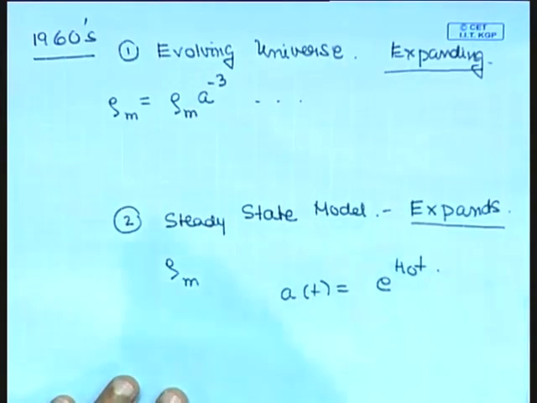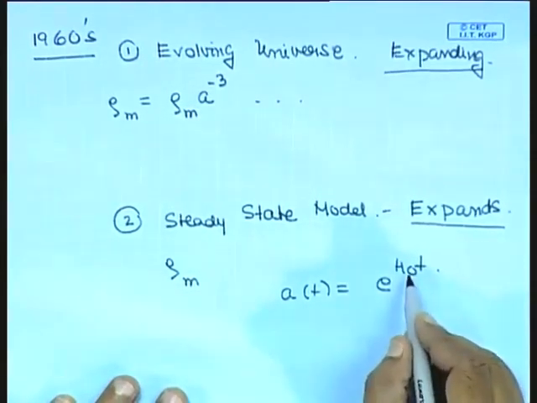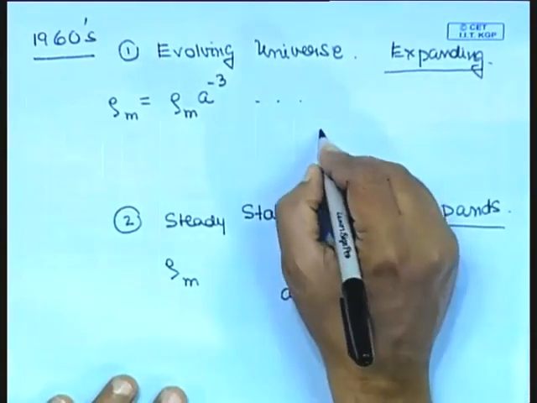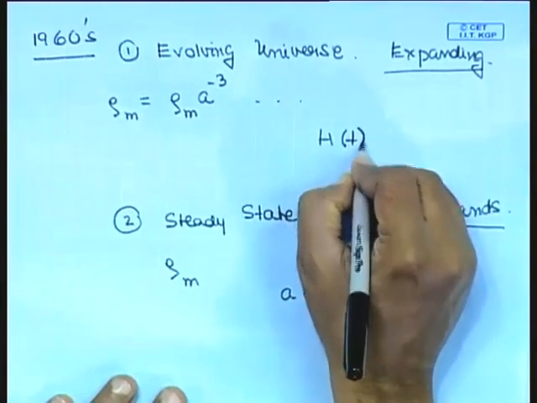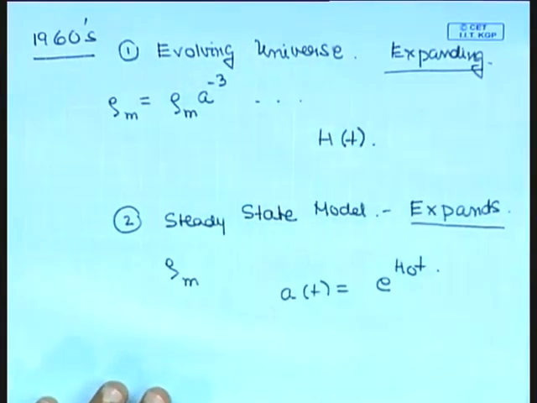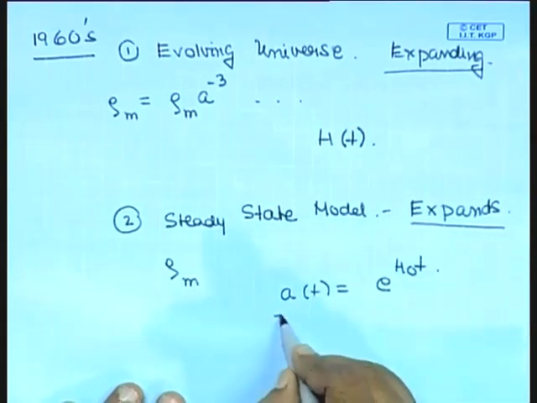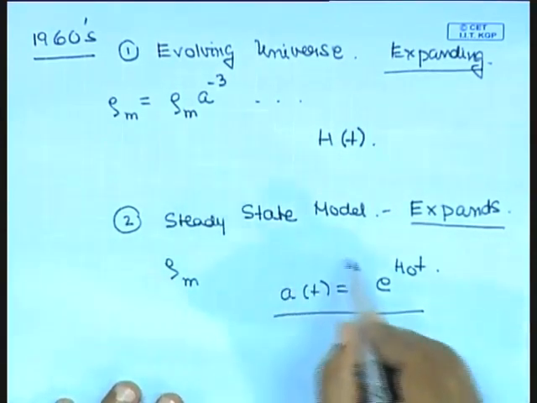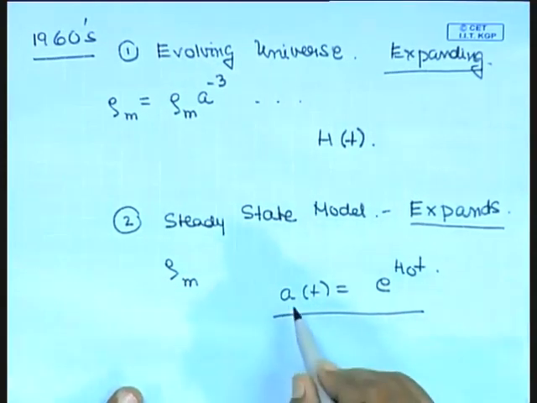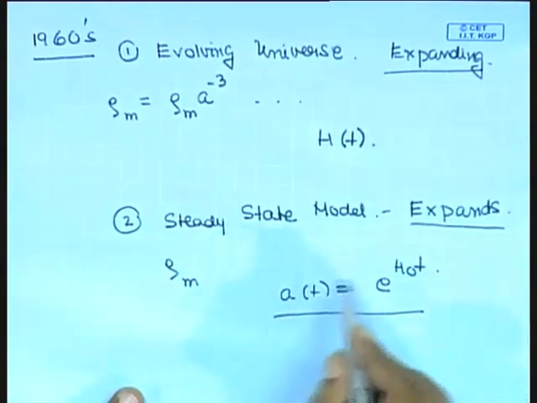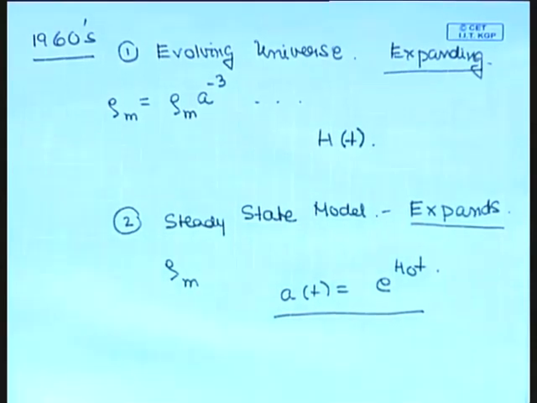If you have an exponential expansion, the Hubble parameter also remains constant. Here the Hubble parameter is a function of time. It was larger in the past. In the steady state model you have an exponential expansion, it's like our cosmological constant dominated model where the Hubble parameter remains fixed. The universe looks the same all the time. Now you see, if the universe looks